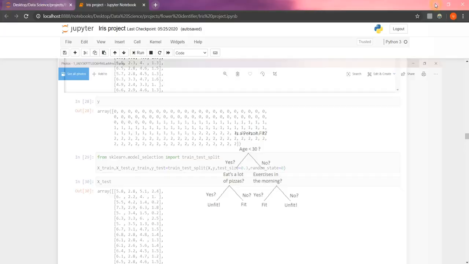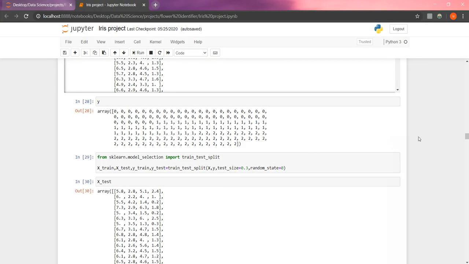So let us see how a decision tree is implemented. In the last class I told you that whenever we have to apply an algorithm on a dataset, we have to split the dataset into train and test. For the train and test split, we have to write these two lines of code: X train, X test, Y train, Y test.